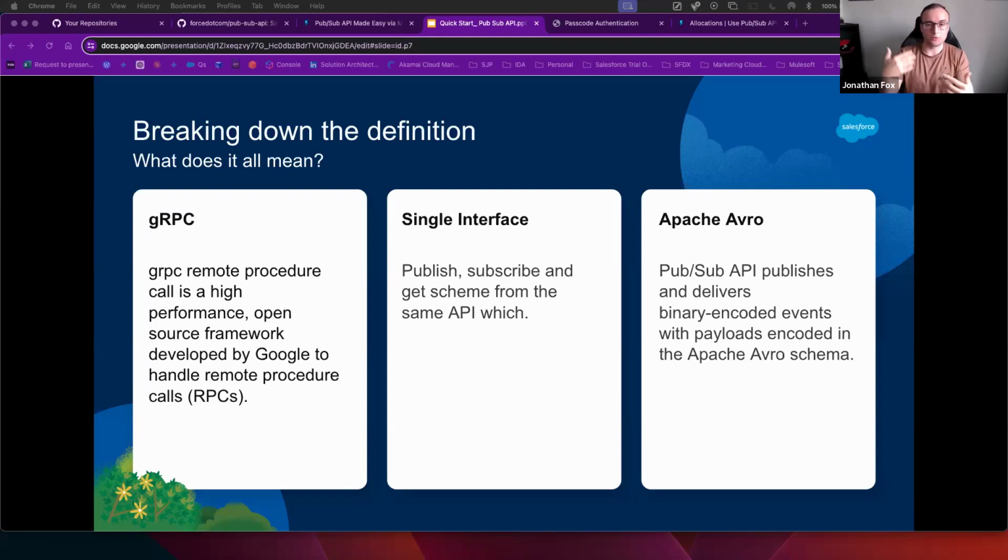Straight away, that's one of your architectural principles: make things reusable where possible. Build it once, reuse it lots of times, make it an interface that can be extended. This is one of those examples where you're using a single interface, a single API, which makes it much easier to do that.